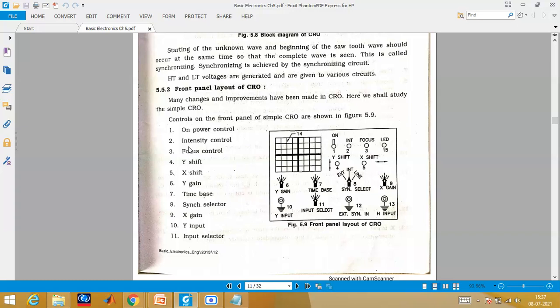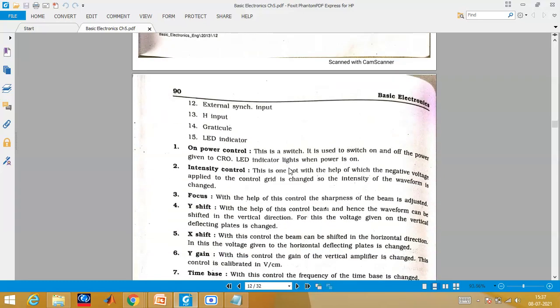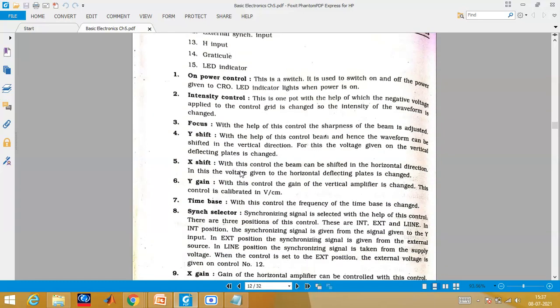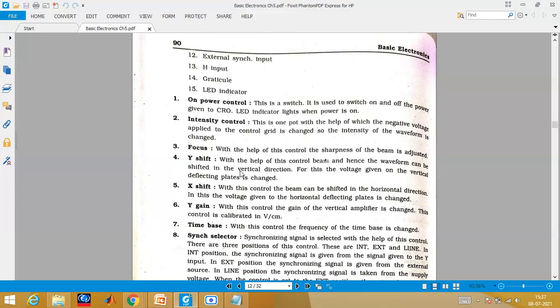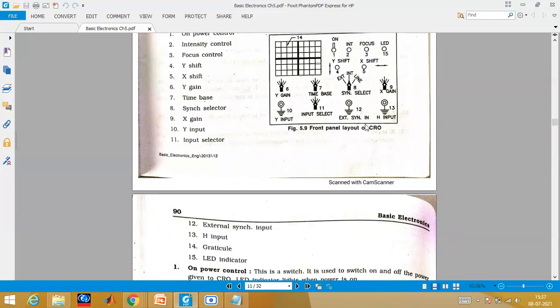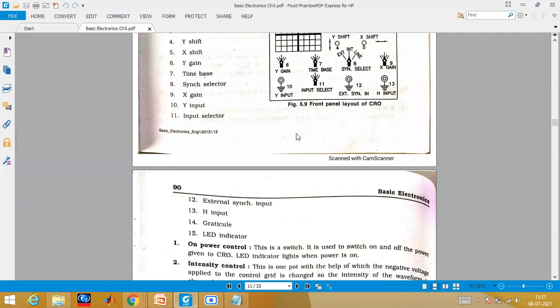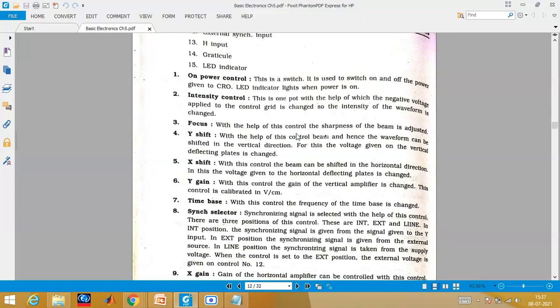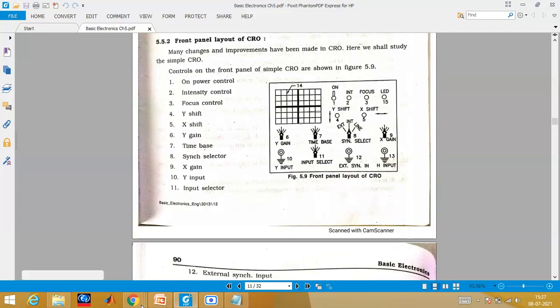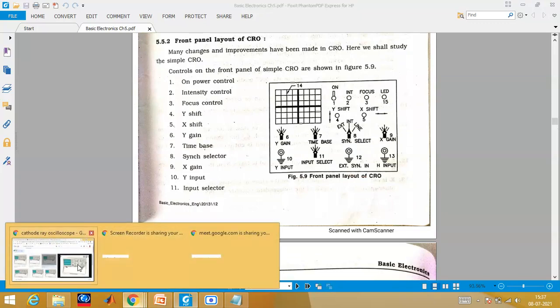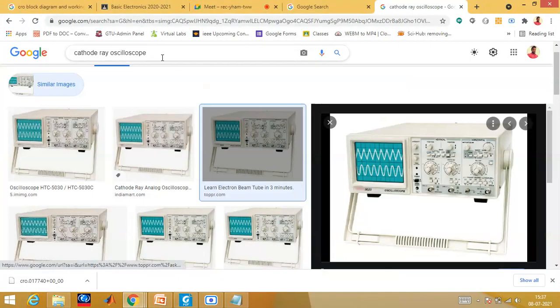All these signals are represented by these particular buttons. On, off, everything is given here, which I have also explained. If anything is left out with no input, you can connect it to the ground. These are the probe buttons. I know it is difficult for us if we go through this, but if you see the original image of it, you can see.